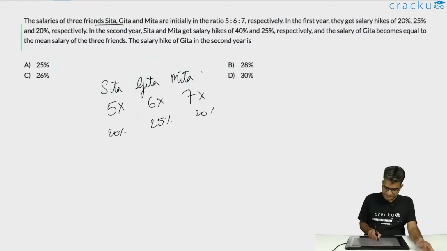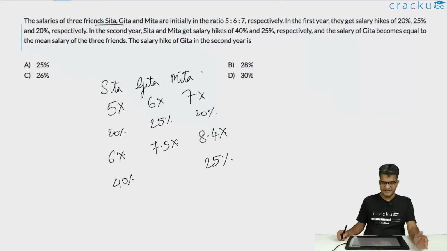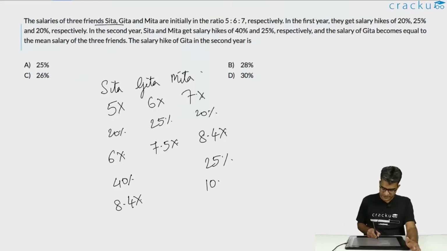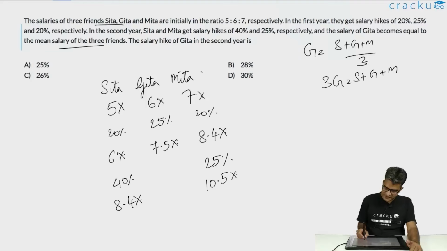Now, Sita and Meeta get hikes of 40% and 25%. So what is the new salary of Sita? It is 6x into 1 plus 40%, which is 8.4x. And 8.4x into 1 plus 25%, which is 1.25, which will be 10.5x. We are told that the salary of Geeta is the mean of the salary of the 3 friends. So basically what we are told is Geeta is equal to S plus G plus M divided by 3, or 3G is equal to S plus G plus M, or the value of G is equal to S plus M divided by 2,